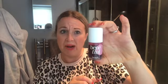It's rose tinted lip and cheek stain, and it doesn't say what colour. I presume rose tinted. I know they don't do many colours in it. They have a different, like a peachier one, but I don't know if they even still do this. I've had this for years. But yeah, that's the one that I kind of use when I'm going out, or just want something a little bit more natural. And then once I've done my blusher,